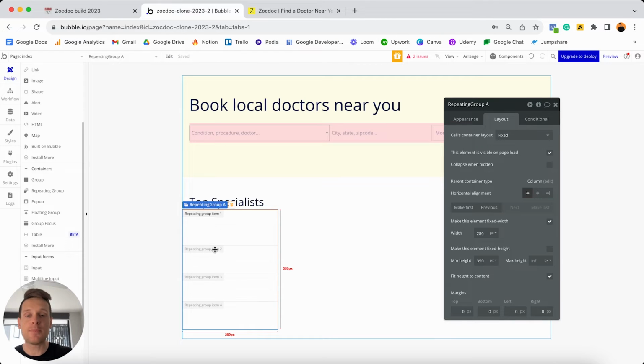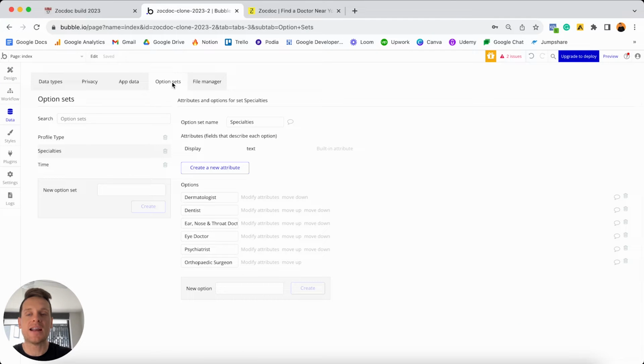And so in our example today for Zocdoc, what we're going to do is display a list of all of these specialties we've stored within our database. So once again, if you remember, if I open up my data tab, under our option sets, we've already created this list of specialties here. So what I want to do is display all of these options so that when someone clicks on an option, we can send them through to a search results page